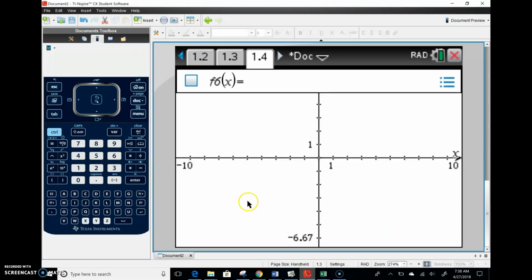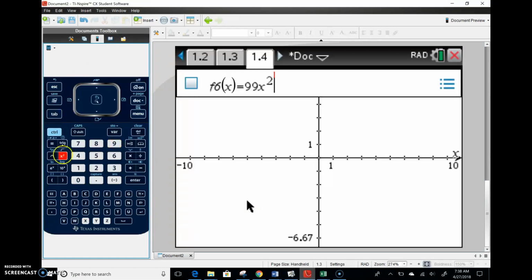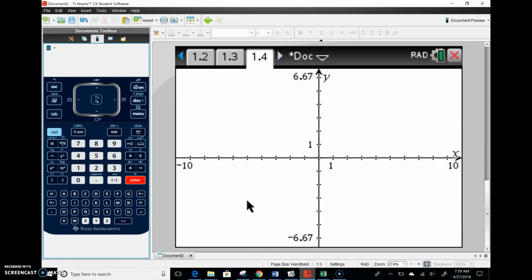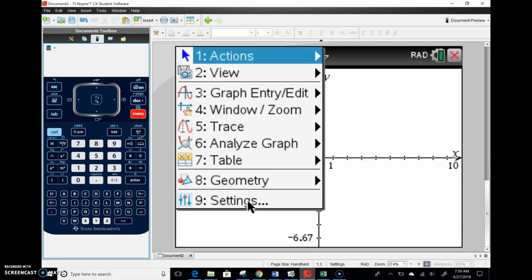New graph. First thing I want to do, put in my equation, 99. Instead of using t, remember you have to use x, plus 858. Enter. You're not going to see the graph, but it's okay, because all we're going to do is graph